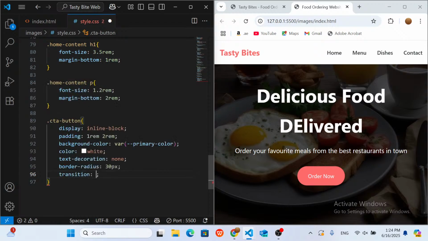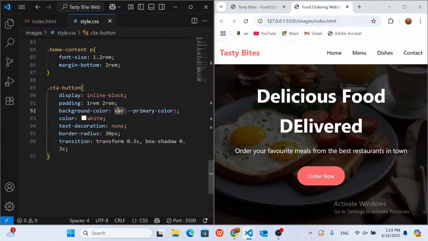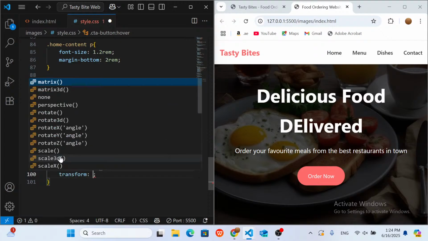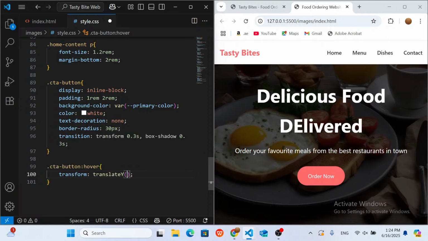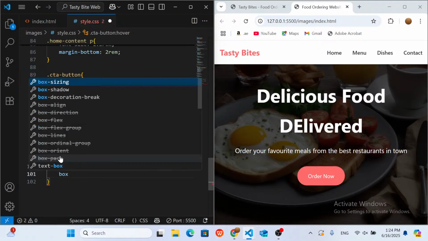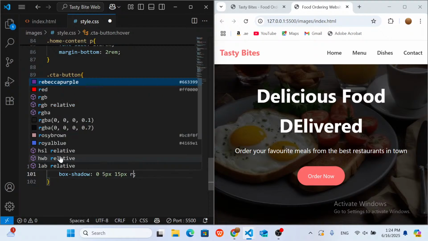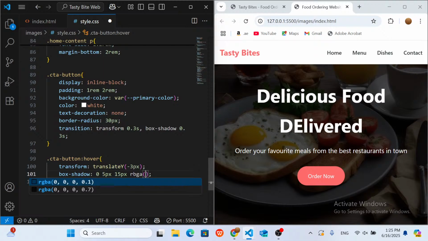Give it transition. So now for the button hover effect. For the box shadow, when we hover on the button,